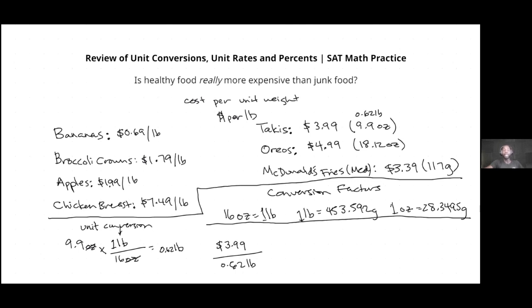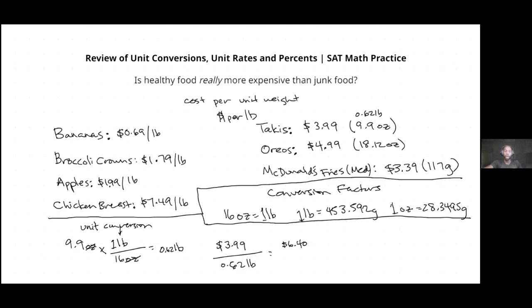Now we want the unit rate. In other words, we want the cost for one unit. Right now we have the cost for 0.62 of this unit, but we want the cost per unit. Okay. And so you can look at it this way. Really, the way that you do this is you just do 3.99 divided by 0.62. Anyway, when you have a fraction, it's really numerator divided by denominator, and retain the units. Okay. So 3.99 divided by 0.62